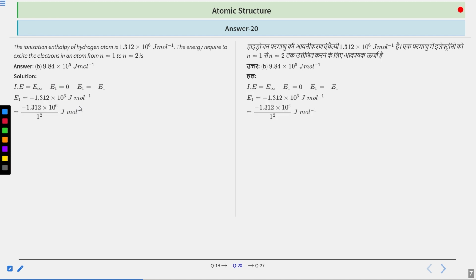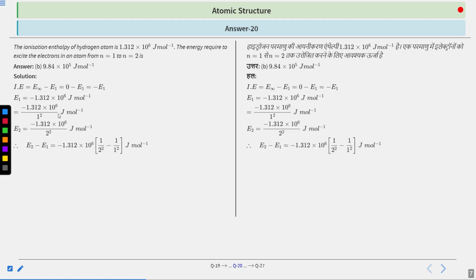Now how will we calculate the energy of the first orbit? We know a formula also for the hydrogen atom. So it is 1.312 into 10 to the power 6 by Z square, joule per mole. So in terms of joule per mole, this value is already given. You don't have to remember this. Sometimes students do remember this value, but since it is already mentioned to take this value as this much, we have kept it this much.